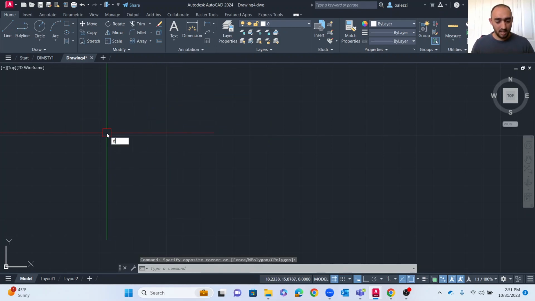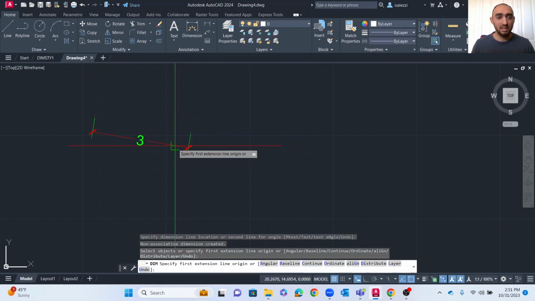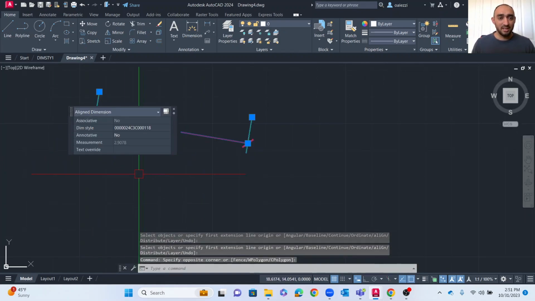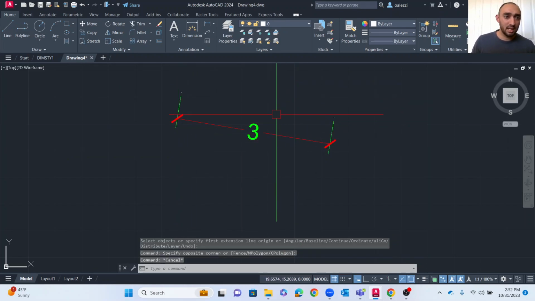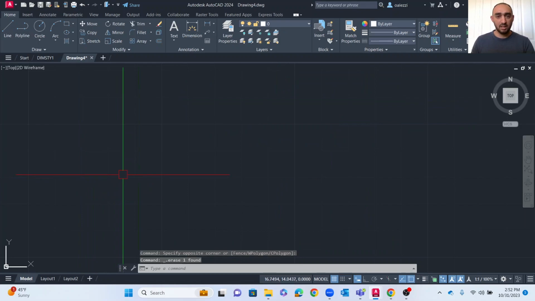Then now I'll go to the page, DIM, and I use the dimension. It will appear here. See? So this is how we can create a new dimension style, and we save it, then we import it